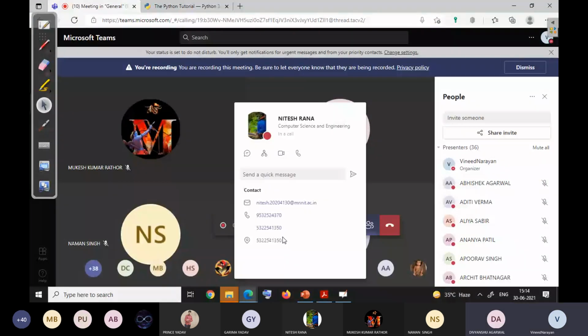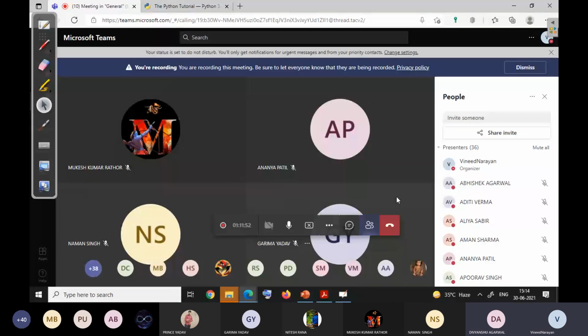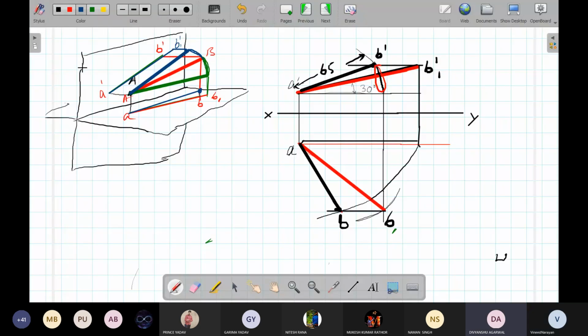Sir, can you show me the diagram that you drew for the 8th question? It's all recorded. You can use it any time. I will show you. I had a doubt: if we want to draw the dimensions, for the front view we have A dash B dash and also A dash B1 dash. So to mark the dimensions of A dash and B1 dash, it will become very congested. Yeah. So this is not the correct way of dimensioning.